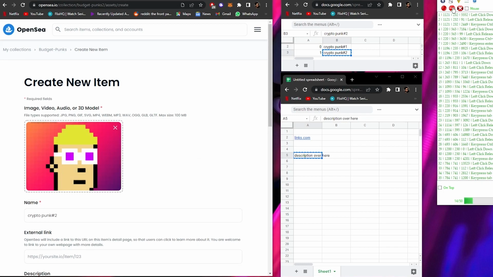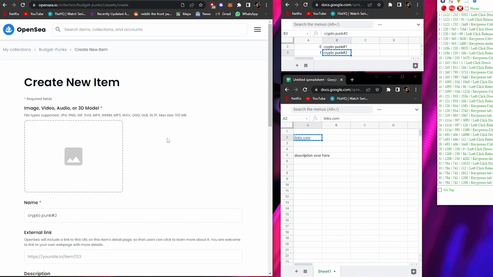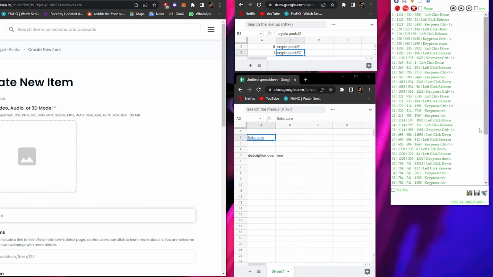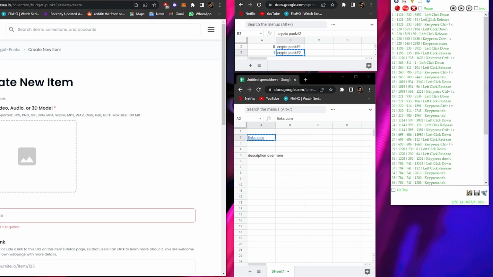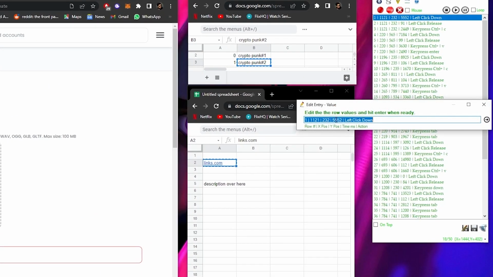So let me just stop the macro real quick. Stop. There we go. Let me actually remove all of this. And now let me show you how you can speed this process up. To speed this process up, you're going to come over here and individually change some of the numbers. So if you click over here, as you can see, it says